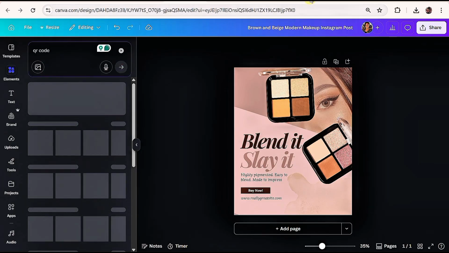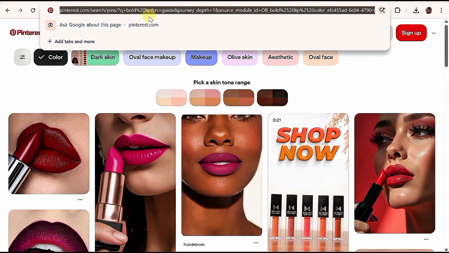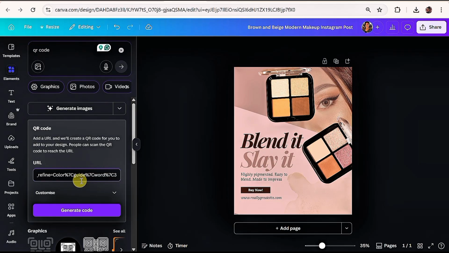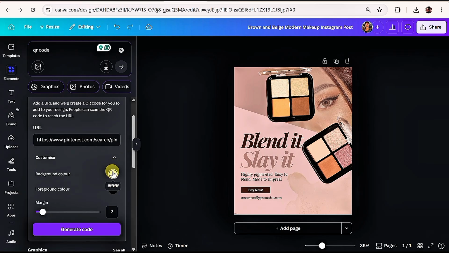And let's go into our browser to copy the link of the website we want to add the QR code to. I'm copying the link to this site so they can come and view the product I want them to purchase from here. And I'll come back into my design and come to this QR code here and paste my link. Now you can customize your QR code if you click this drop down here to customize the color